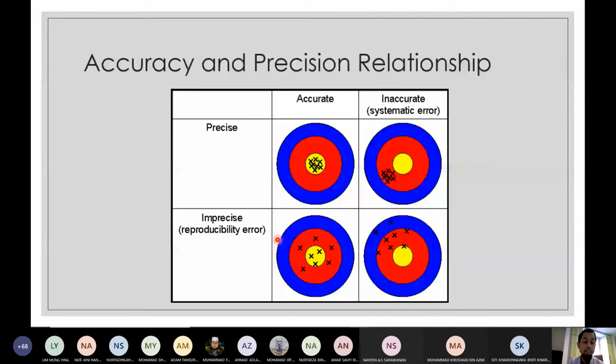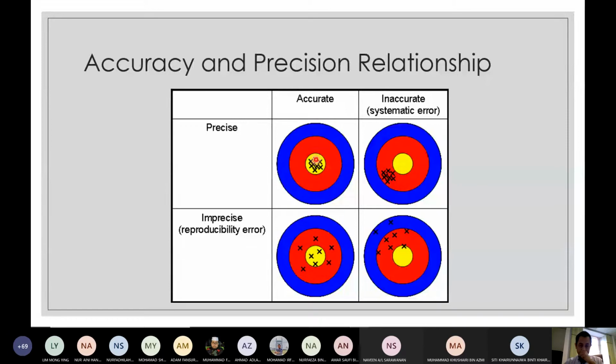So accuracy and precision is interrelated. You can see this simple diagram that describes the relationship between accuracy and precision. So here, the first one, when you have accurate and precise, that means the reading is close to the center value and all the readings are clustered nearby. So it's accurate